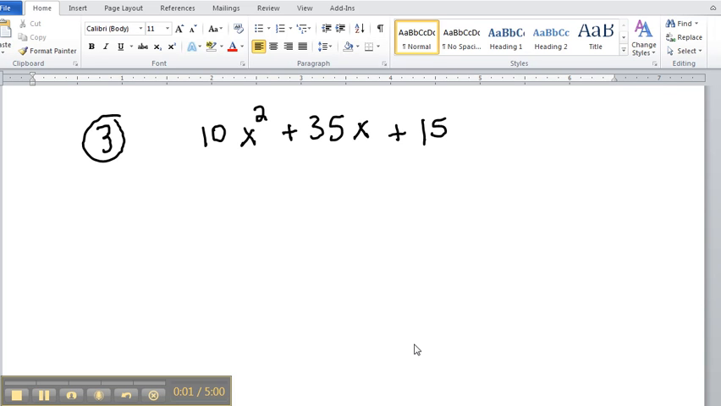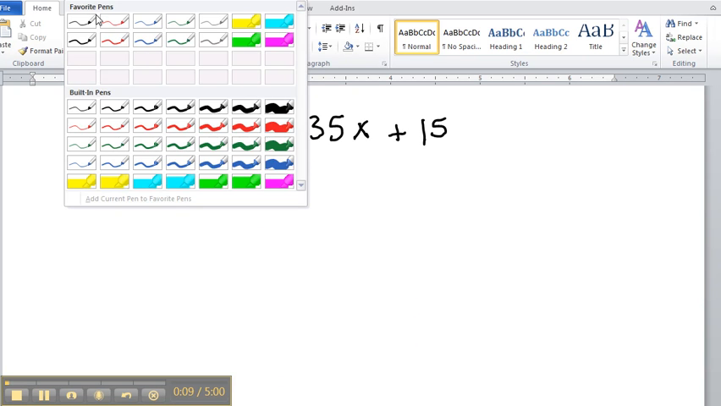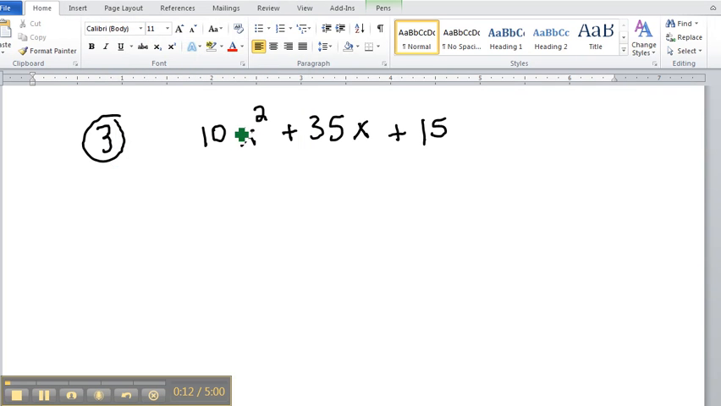Okay, here's another type of problem that will be on the final exam. Here we're going to do factor by grouping. First step is to grab my pen. Let's do green this time. What we're going to do is multiply 10 times 15,